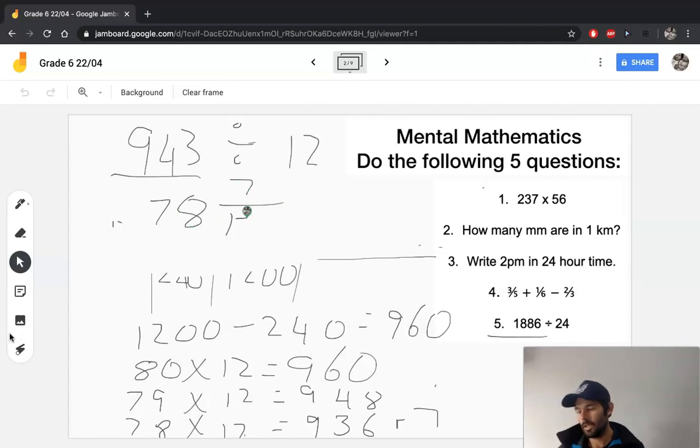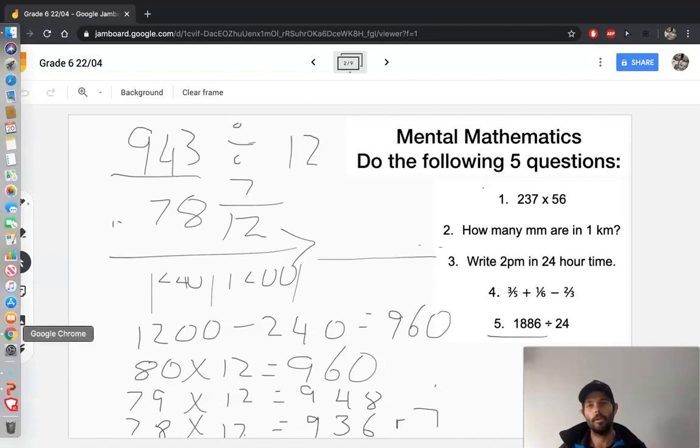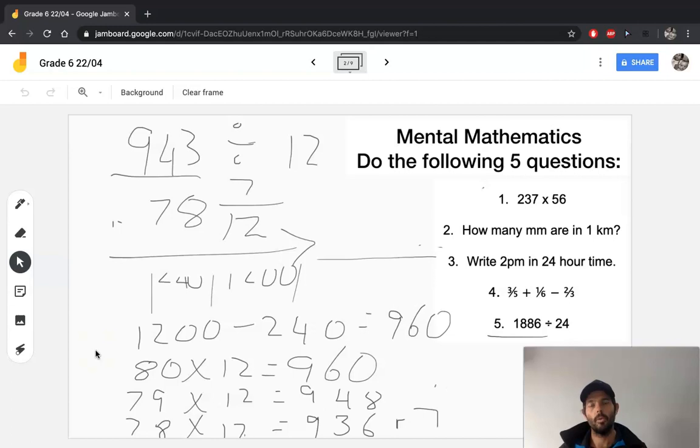And as you can see, it's the same answer as the 1,886 divided by 24. So my argument there is all I've done is I've multiplied by 10. I've either doubled it or I've multiplied by 100, and we can all do that. And then I've just played with the numbers and subtracted until I get to a number close to what I'm looking for, and then I figure out what the remainder is. I hope that that's making your long division experience a little bit more understanding.